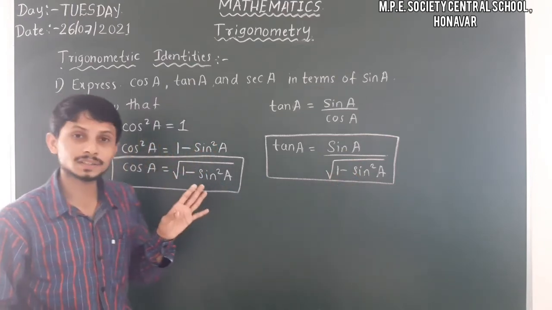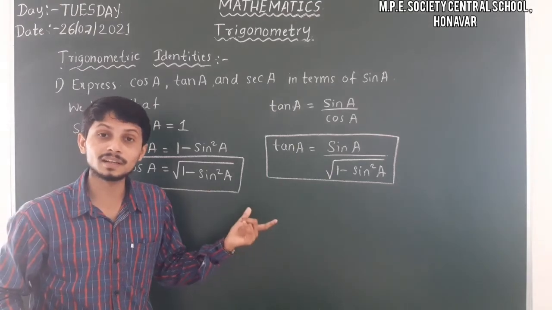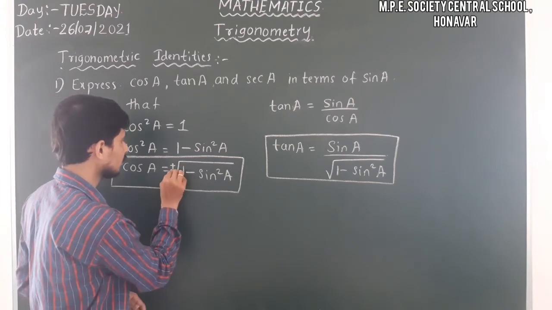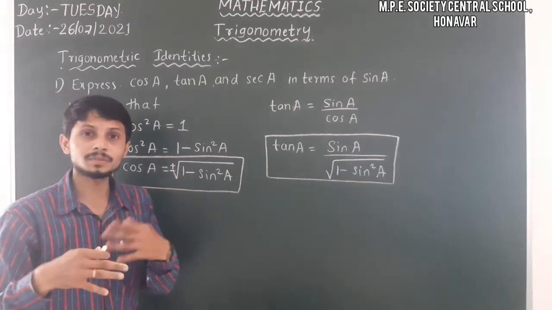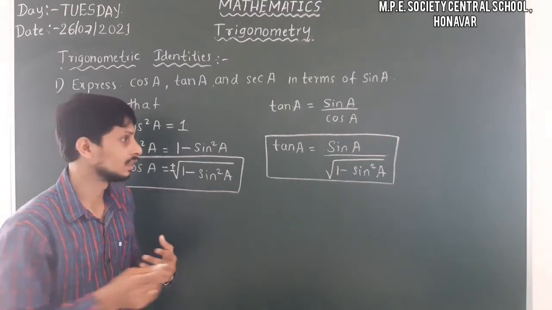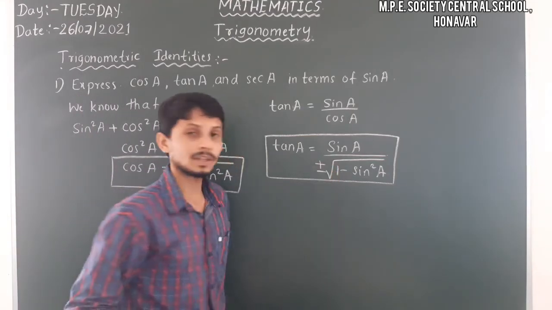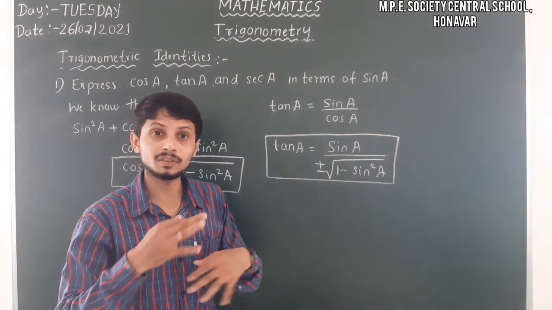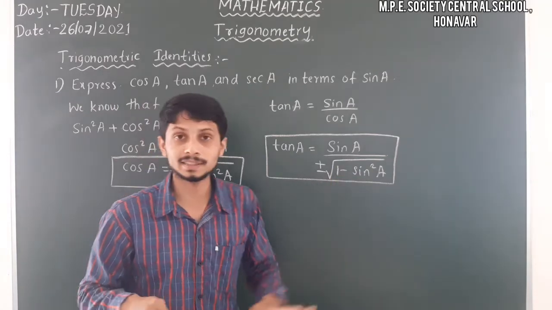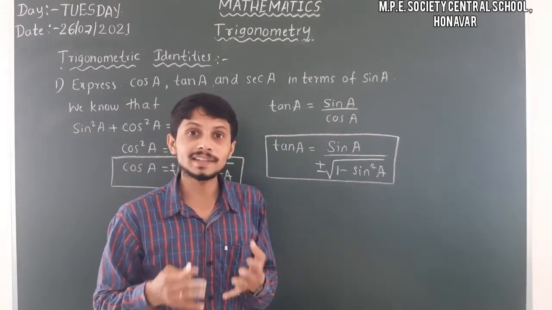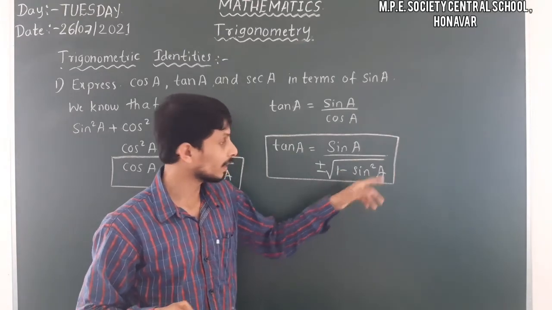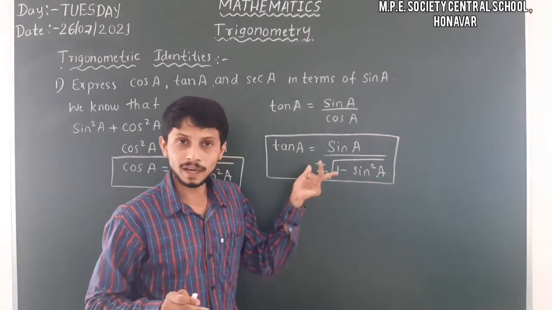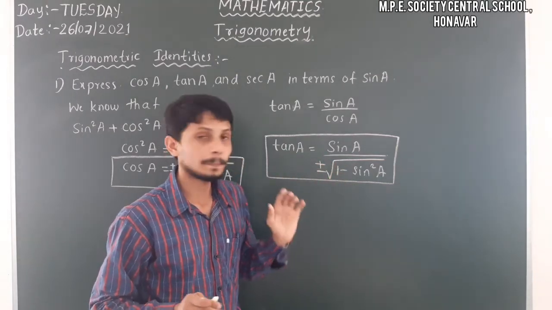So here, when we have a square root sign, we have to include plus or minus, because sometimes the minus value is also possible. The thing that matters is when we have a minus 1 and plus 1. 1 minus sine square A is a perfect square. For example, 1 square minus sine square A, we can express as 1 plus sine A into 1 minus sine A. So that's why it is better to include this plus or minus here.